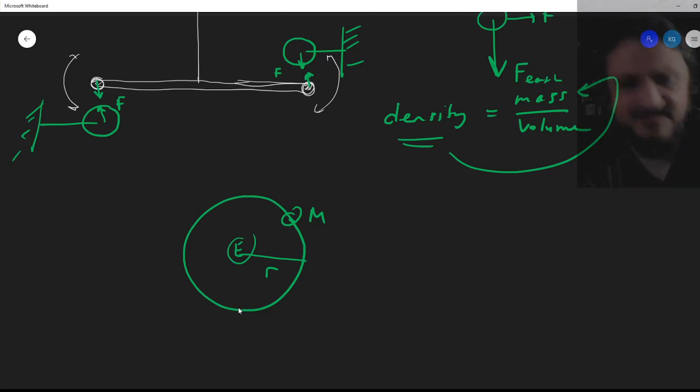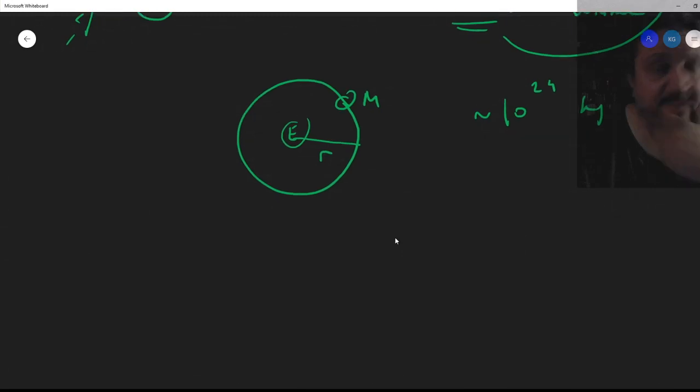I'm not going to go into details of how to do it. It's not important today. But that method gives us the Earth's mass. Not the mass of the moon, but the mass of the Earth. So again, it's on the order of 10 to the 24th power. Okay, so that's how much Earth weighs. Earth has an iron core, it has magma, and Earth is geologically active. There's volcanic activity, there are tectonic plates which are in motion. So Earth is still active.